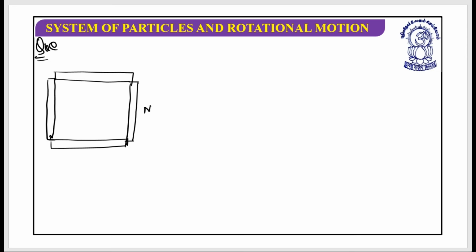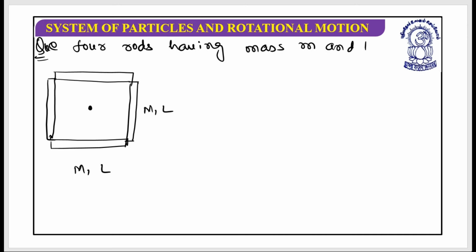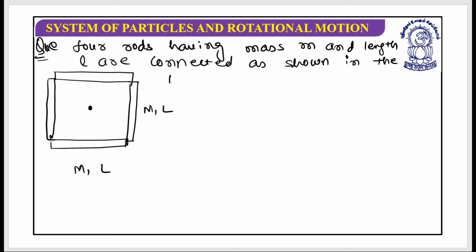Each one has mass m and length l, and this is their midpoint. So four rods having mass m and length l are connected as shown in the figure. Find out